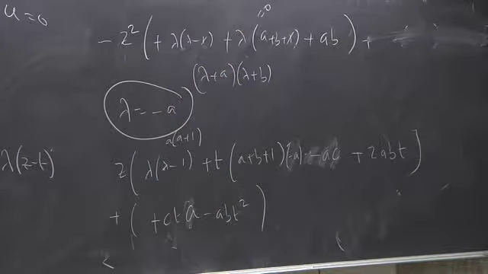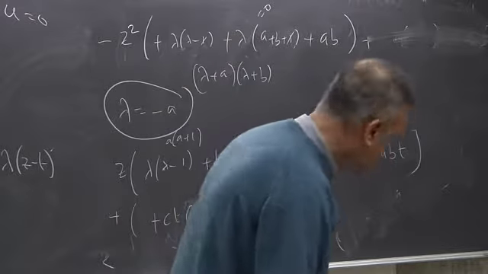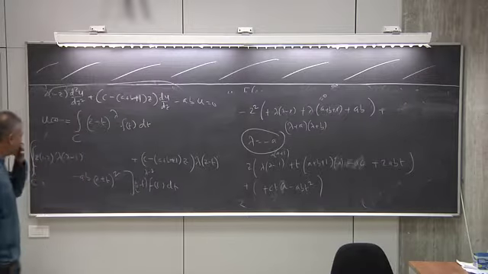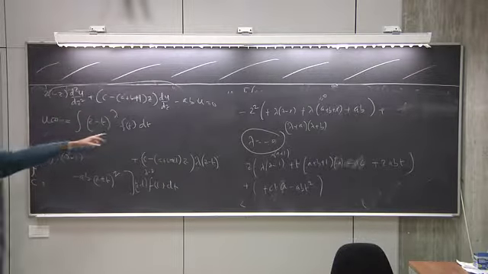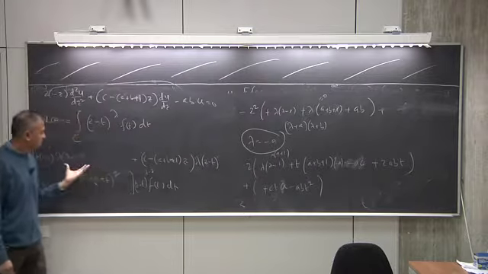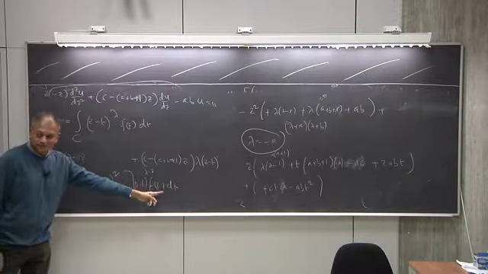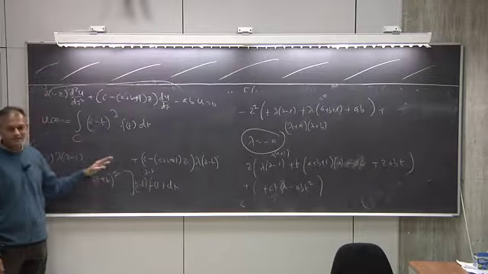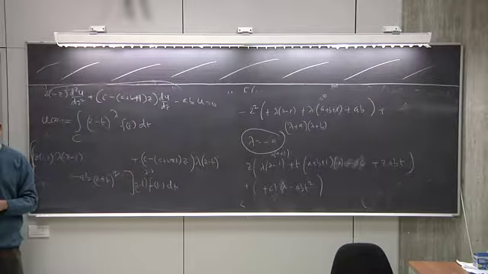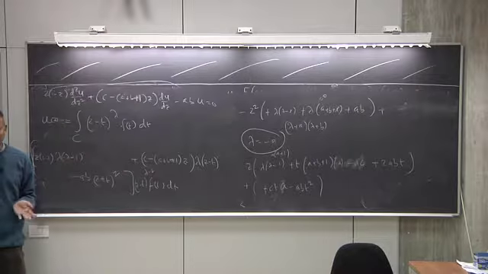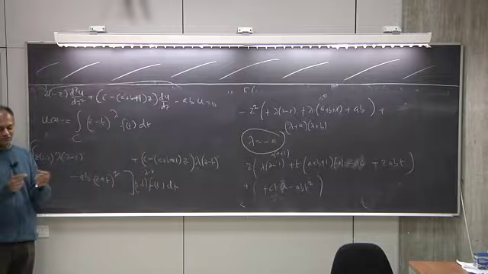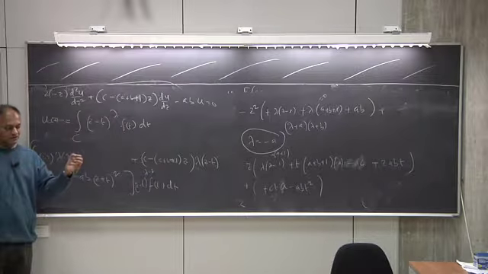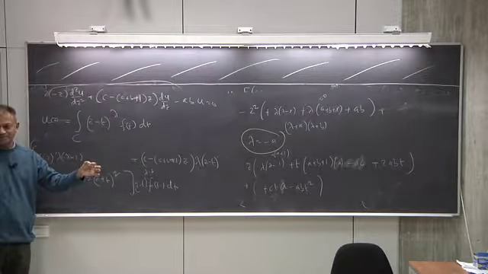Okay. So now, what is the next step? Well, if you could write this as some total derivative term, you see. After all, I'm integrating over t, so this is still an integral over t. Suppose I could write this whole thing as a total derivative in t. Then, in principle, it could vanish, provided you choose the contour appropriately. For example, if you choose an open contour such that at the endpoints,